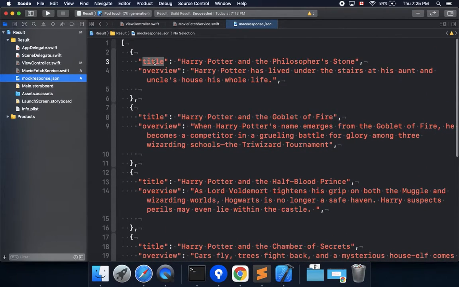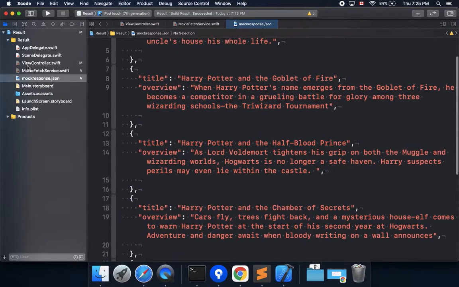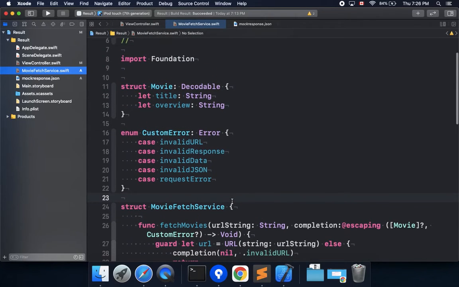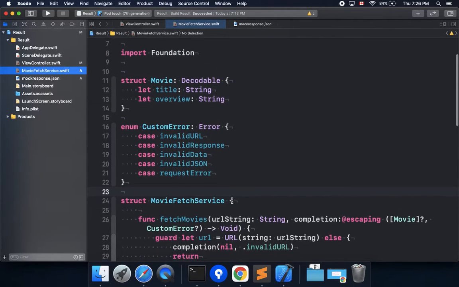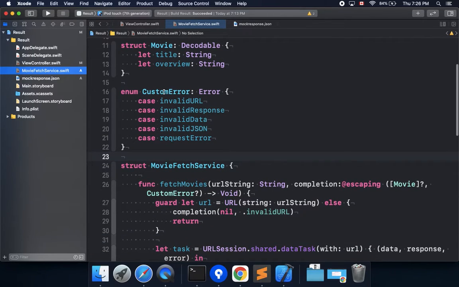This is basically a movie object with title and overview, and I have written another file where I have defined a mapping object, which is a movie object, and I have defined a custom error enum